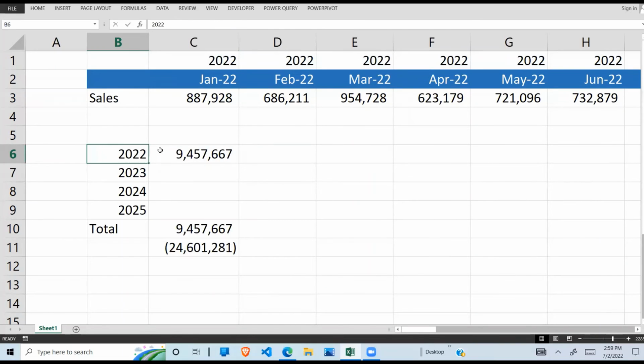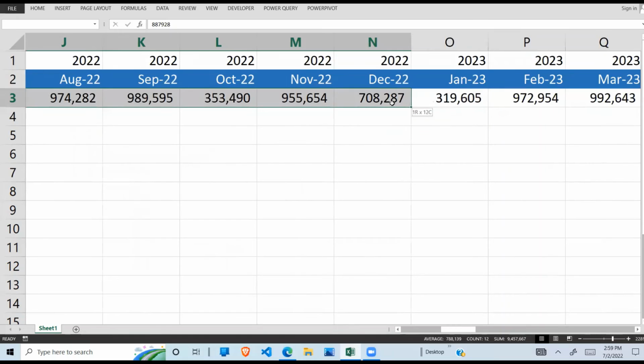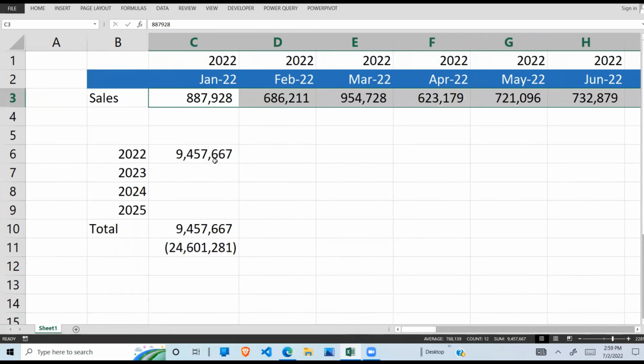Now, as you can see, it tells me 2022, the sum is 9,457,667. So to ensure that I've done the right thing, I'll double check that and go from January to December 2022. And I see down here that it has picked it correctly as expected.